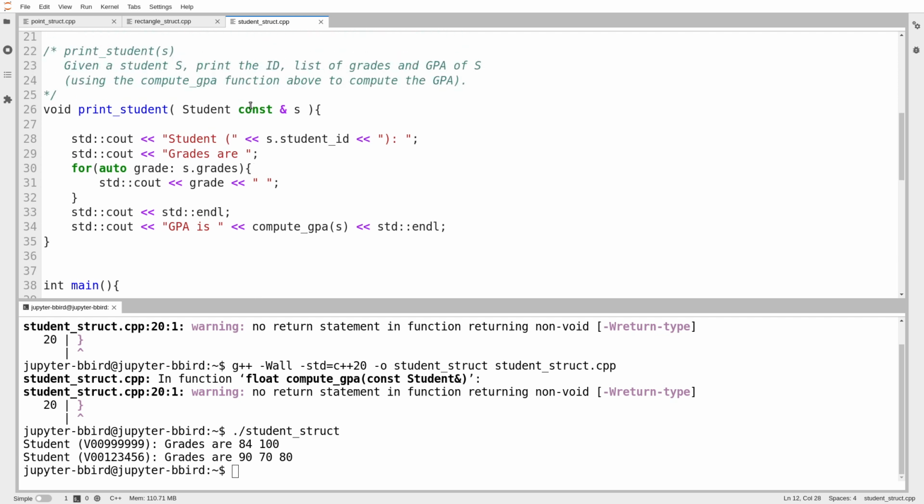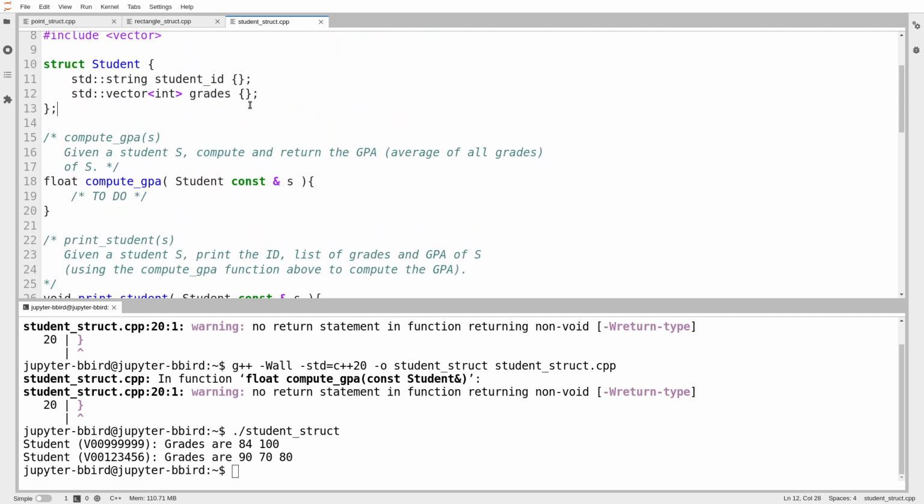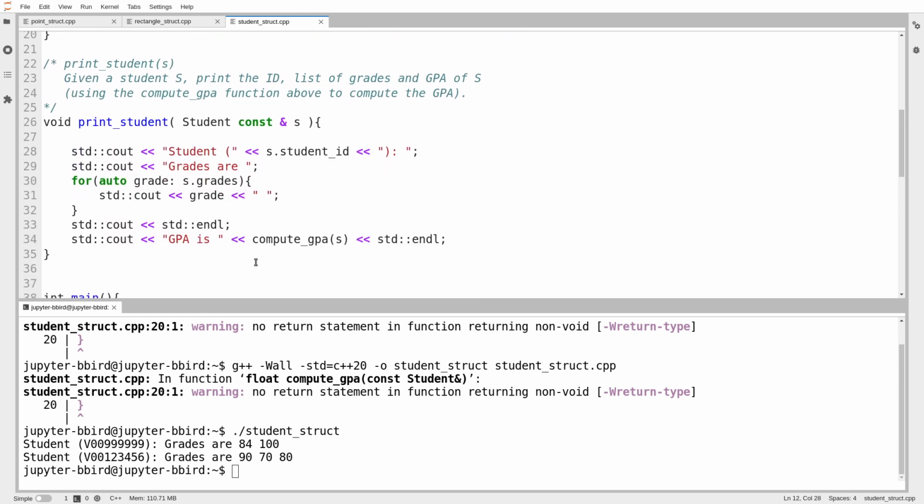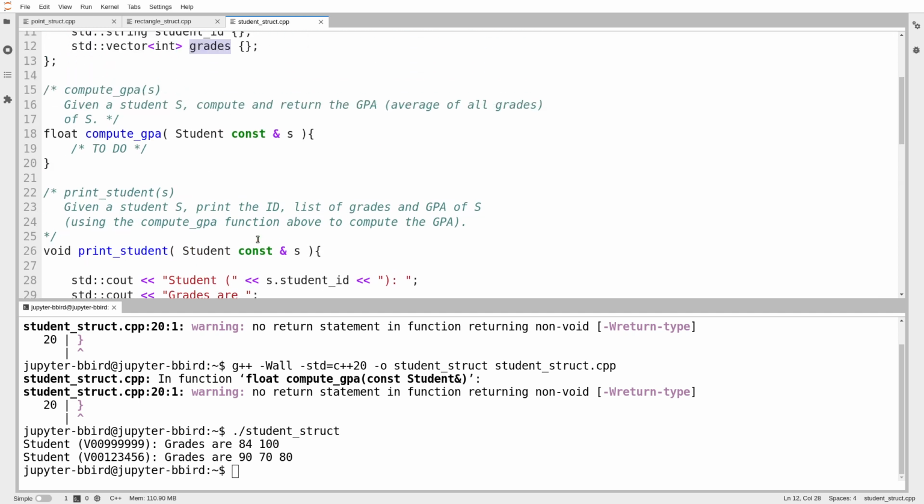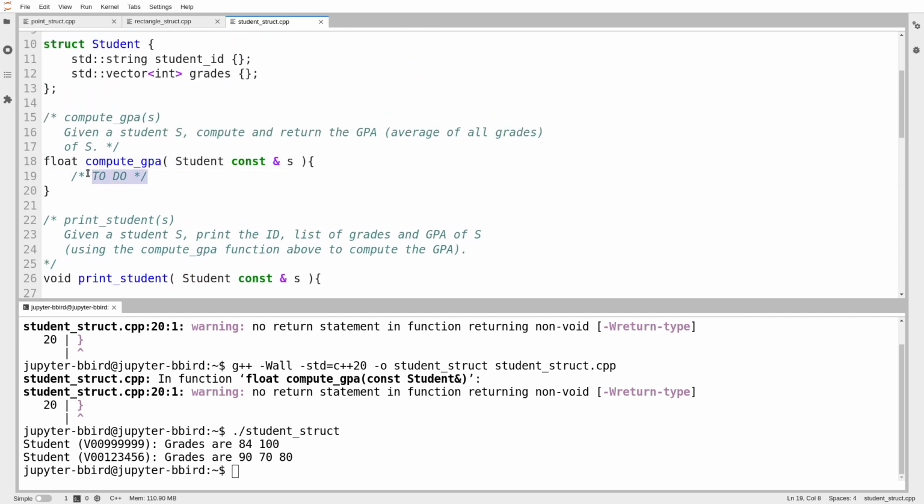And that's true of rectangles, and that's true of this student object, where the grades array is meant to be more than just a vector of ints. It has other restrictions that we want to actually enforce. But for now, we'll have to leave it on the honor system. So here I'm going to print out the GPA of the student, and then I'm going to go write my compute GPA function. So it says here that the GPA will be just the average of all of the grades